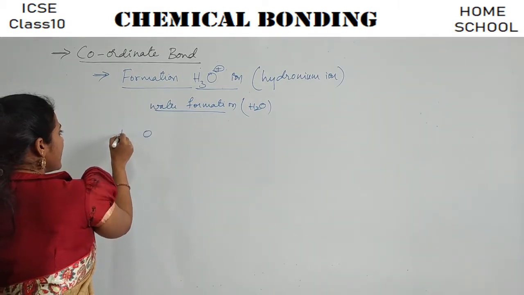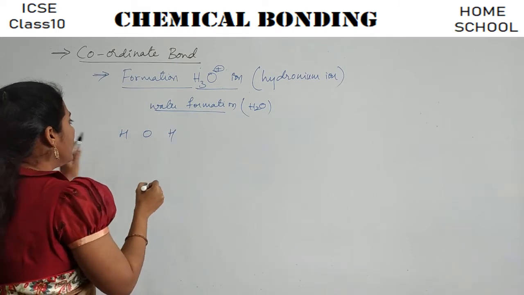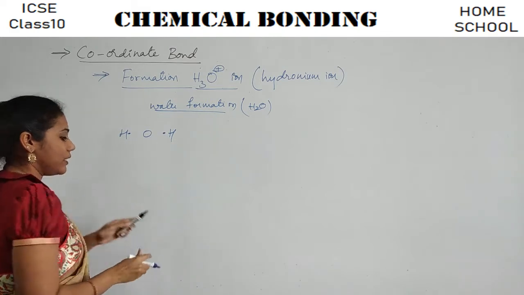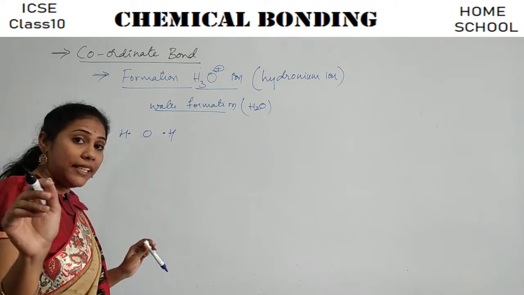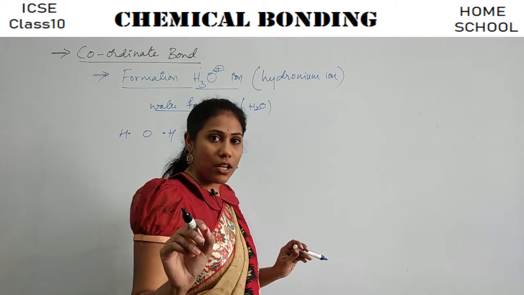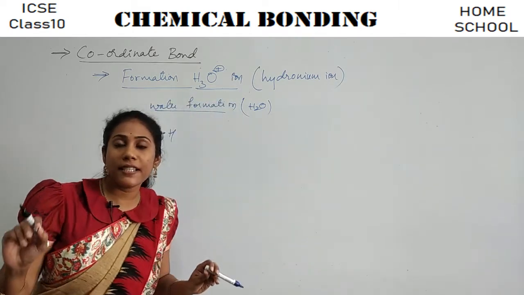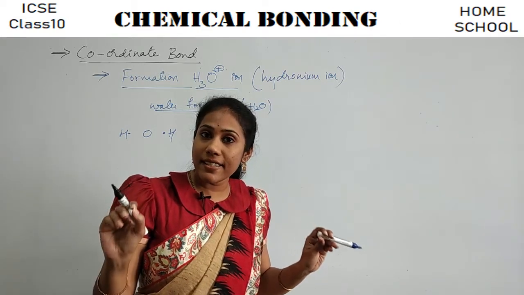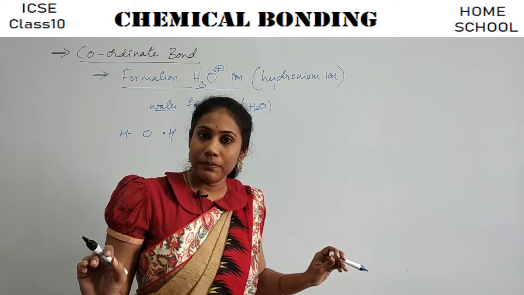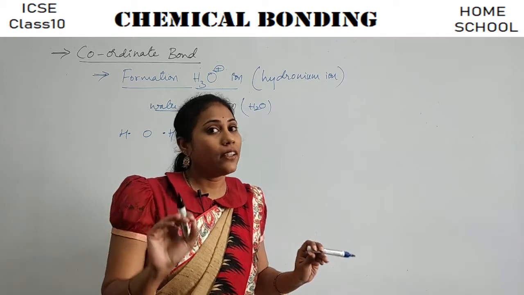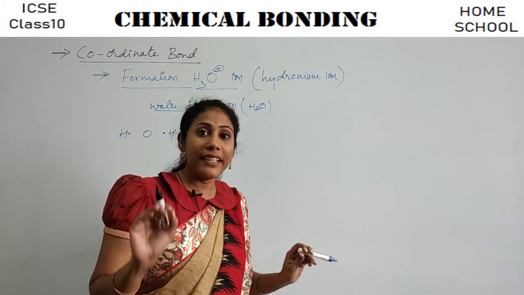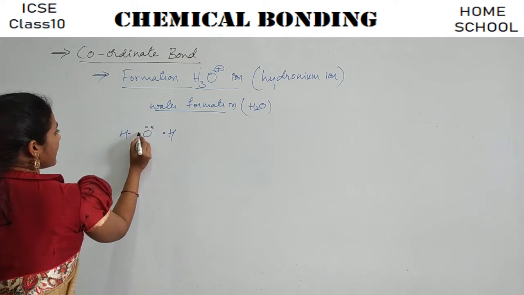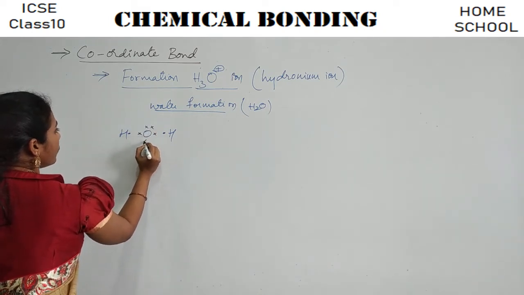Oxygen, and this is one hydrogen, this is another hydrogen. Hydrogen has one electron in the last shell. This hydrogen also has one electron in the last shell. Oxygen has how many electrons in the last shell? 6 electrons. This particular concept is very, very important. You must know how many electrons are there in the valence shell of every atom. Without this you cannot learn chemical bonding, right? And oxygen has 6 electrons in the last shell. This is how I will arrange them: 1, 2, 3, 4, 5, 6.